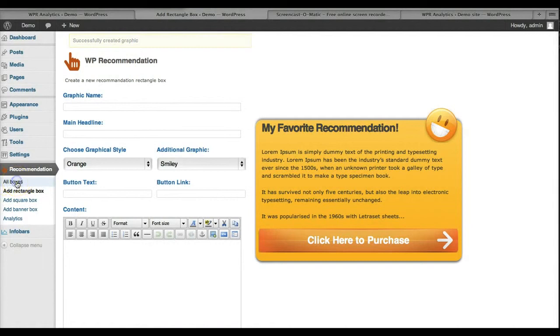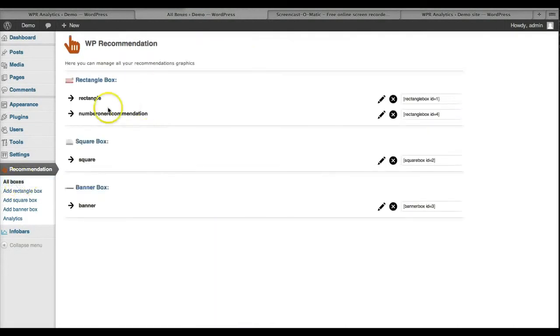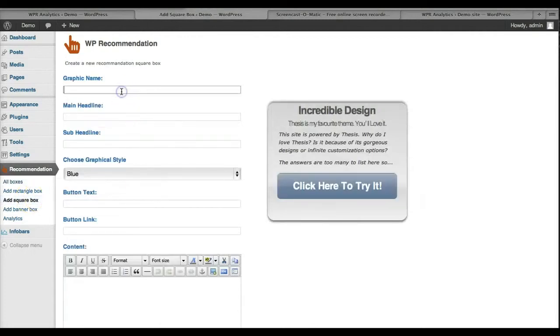And if I go back to the home page, so all boxes, I can see here number one recommendation is here. I can edit it or I can delete it. Okay, and it's pretty much the same for the square and the banner. So I'm just going to show you quickly how that works. So recommend graphic names would be banner test, main headline, sub headline.